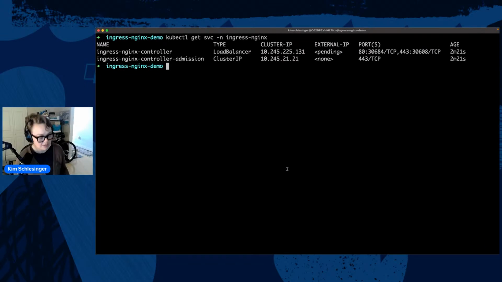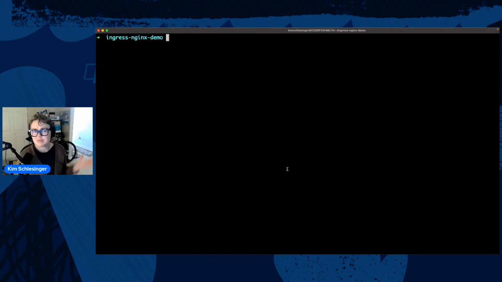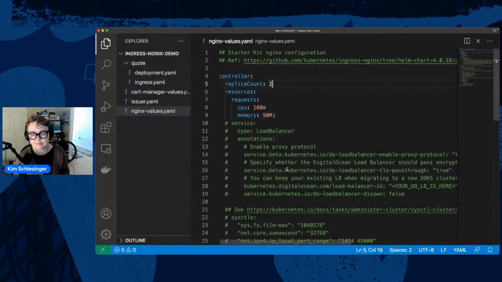All right, so I want to deploy an application in my cluster. That's the whole point of Kubernetes, is that you're deploying and orchestrating containers, and those containers create microservices that talk to one another, and some of those services are available for users on the internet to access. And so I'm going to open up this directory in my text editor and show you what I have up and running.